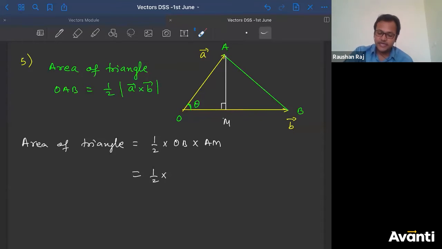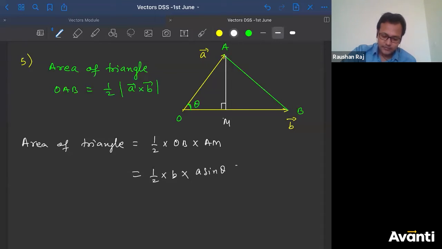And what is length of vector B? That is nothing but the magnitude. So can I say this is nothing but B into, what is AM? If you see this right angle triangle, this length is A because this is the A vector. So length of this line will be small a, correct? So this is A. Now what is this AM then? Can I say that if this is A, this is theta, so this is A sine theta? Got it? If this is A, then this will be A sine theta. So can I say that AM is nothing but A sine theta?